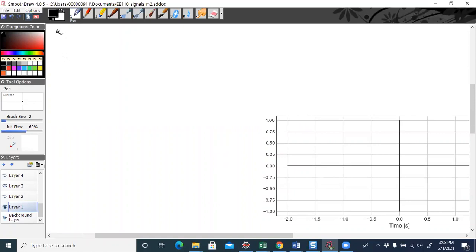So the first signal we're going to talk about is a delta function. And even though signals don't have to be functions of time, they can be functions of position or something else, pretty much every signal in 110 will be a function of time. And in general, the shorthand is this kind of Greek delta symbol, right? And